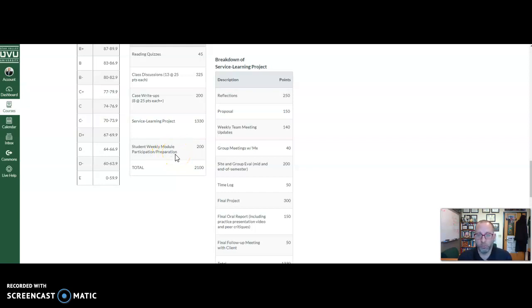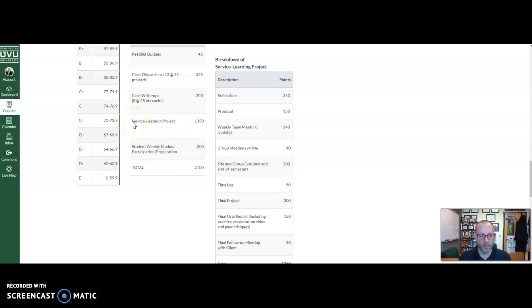As long as you get in and do the modules every week, stay on top of things, you'll be great. But if you skip the videos, if you don't do the written assignments, you get things in late, you're not meeting with your team weekly, those sorts of things, then that will affect this portion. All of those make up a good chunk of the overall grade,